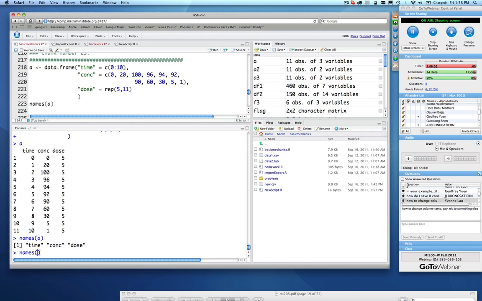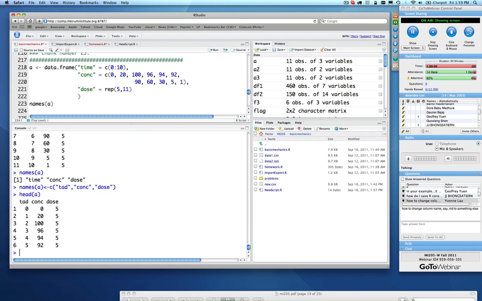names(A), and then you supply it the vector of names, like TAD, concentration, dose. That then renames time to TAD. Oftentimes, if I really just want to rename a column, what I'll do is something like this. I'll say A$TAD